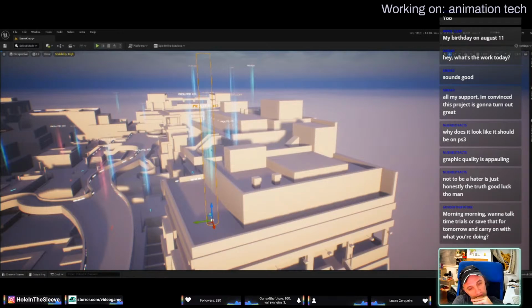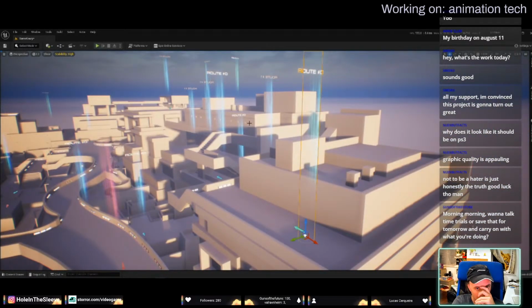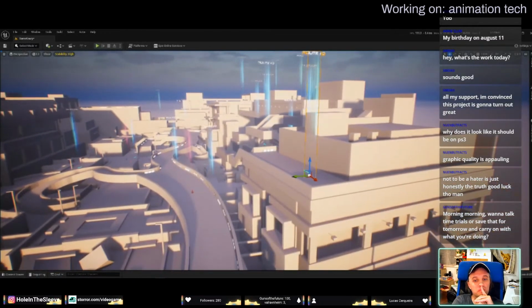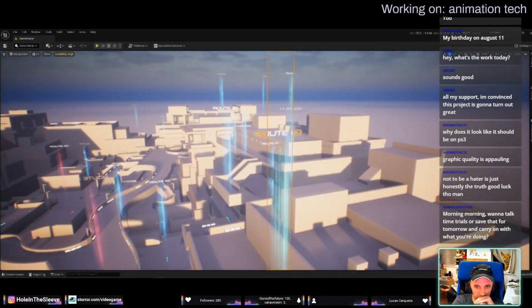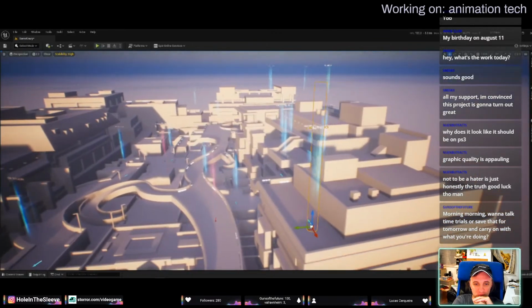And the only thing triggering them at the moment is a begin overlap event with a collision box. So if you wanted to replicate it for multiplayer, it's not tied specifically to player 0 or anything like that. It can just be tied to whatever you want it to. It just triggers an overlap event.